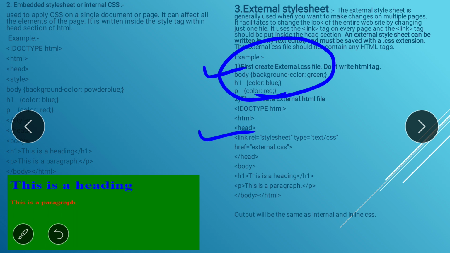Here you can see link, rel stylesheet, type, what is the type of that file, and the path of that file, and all the CSS is applied on all those tags, and the output of that program is the same.